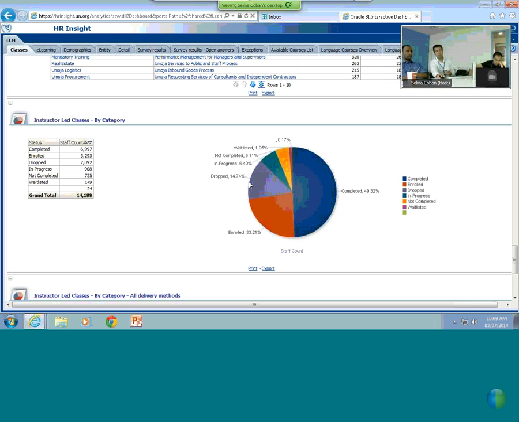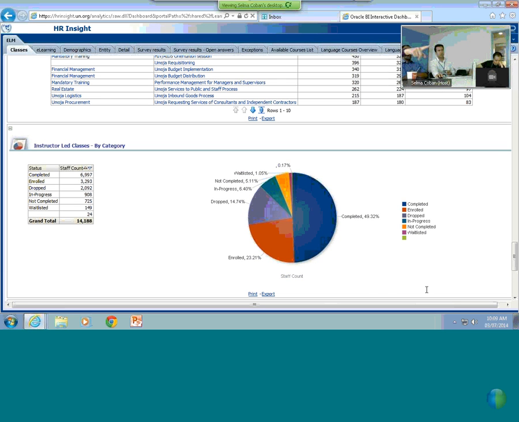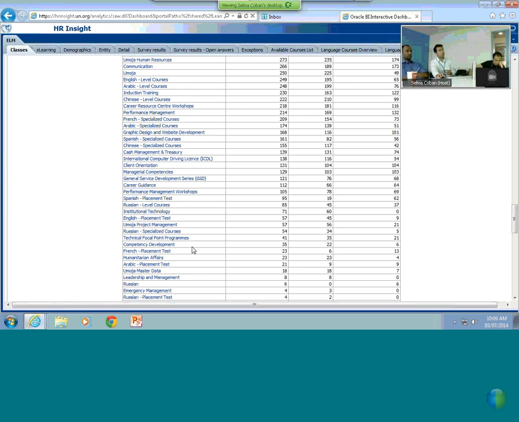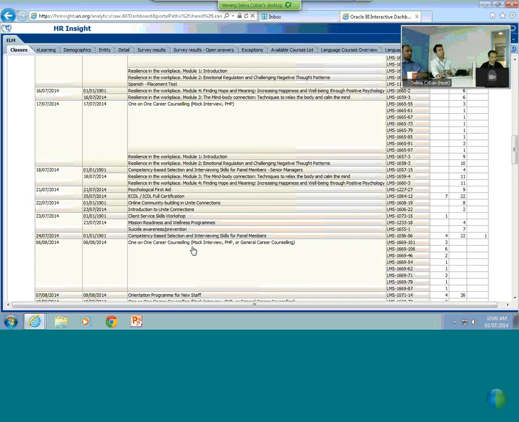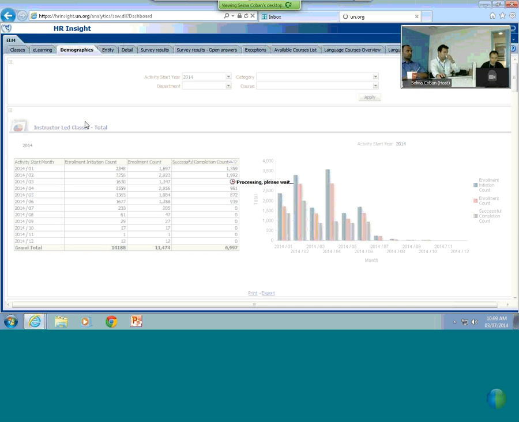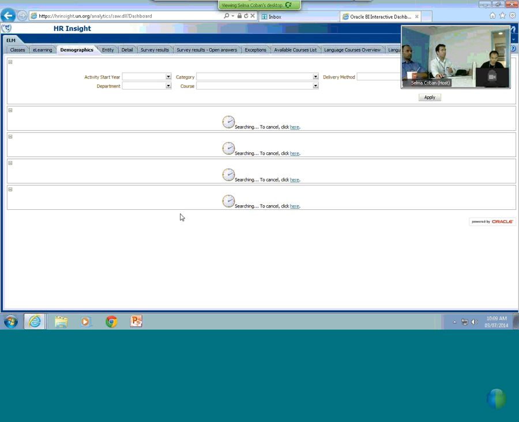And you actually get why people are dropping, right? And are the externals here? There is a question, does it include external enrollment? The answer is yes, it will include everything. However, external will not have an index number. Let me go to the top. I'll go to the demographics. So we have a couple of dashboards which you will have access to.